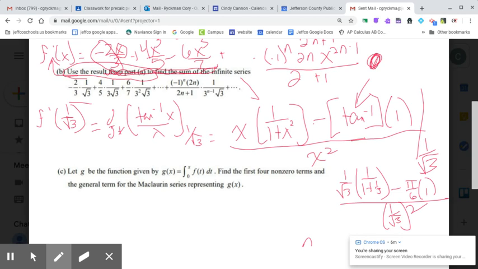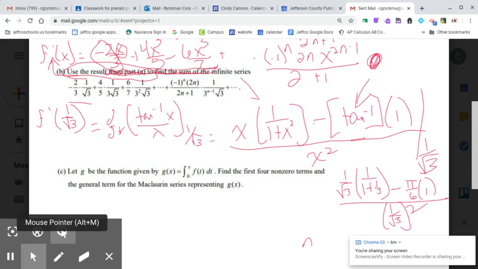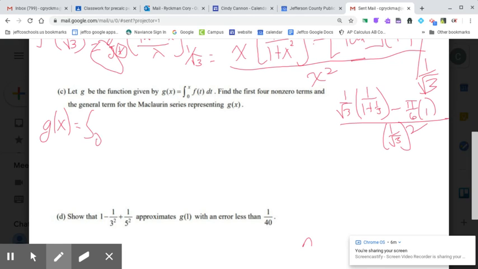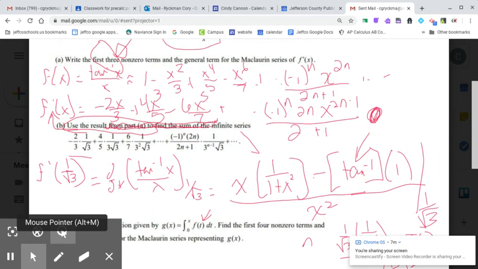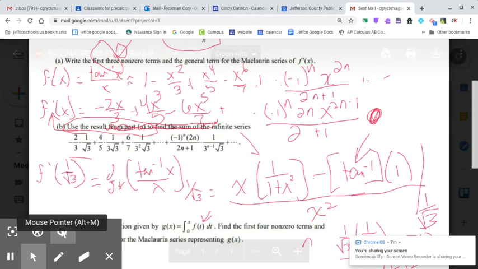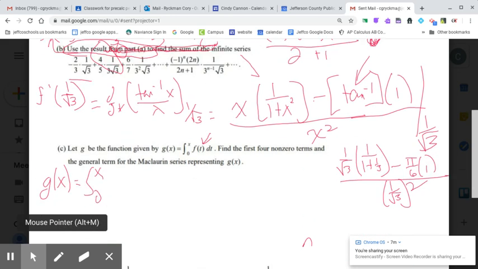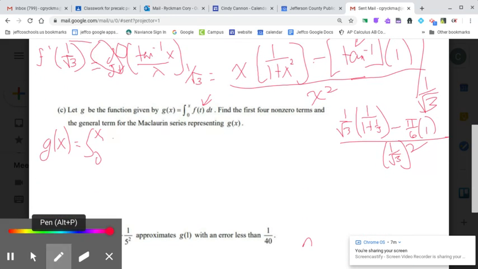All right, let's go to C. Integrating is also a huge skill of series, all right? So if I integrate f, then g is plug in the series. Now, I didn't take off for this, and AP wouldn't, but when it's in the integral, you should be using t for the integral. So if I put in the series for f, not f prime, then that's here. So I need to say something like integrating 1 minus x squared over 3. So I'm integrating 1 minus t squared over 3 plus